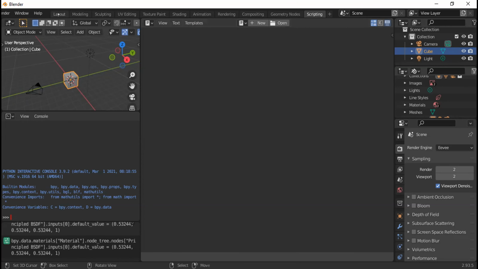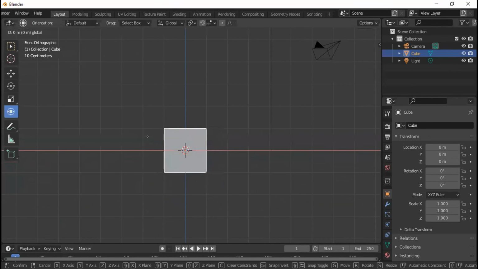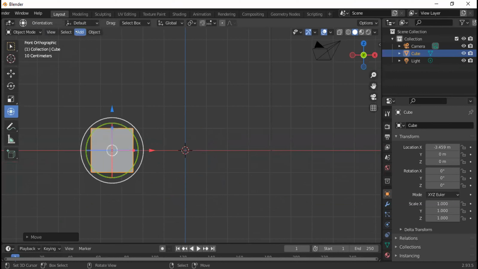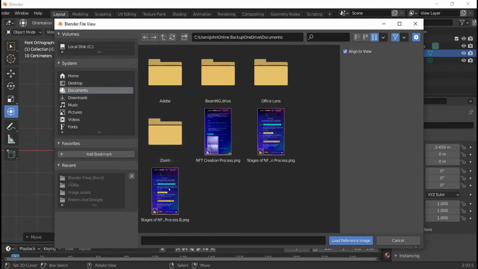So let's go back to the layout tab, and I want to load the image, the presentation one. So I come here, add image reference. Then I go to where